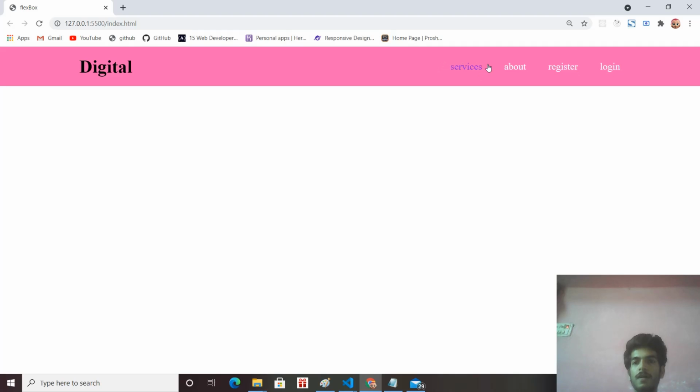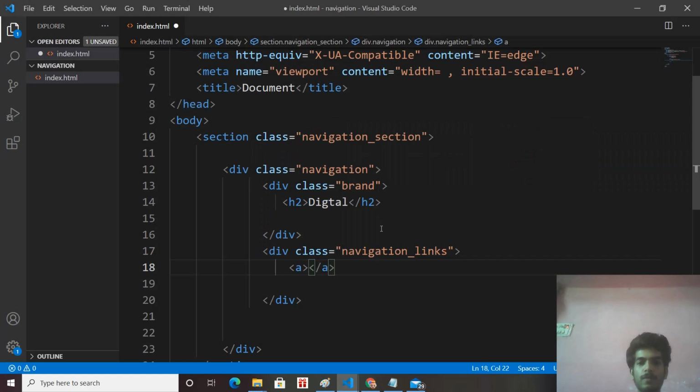And there is a hover effect. When I hover over these links, it changes its color. Initially it was white, but when I hover over, it changes its color to blue. So it is a very beautiful effect. We will make it with the help of CSS. Okay, so right now give names to the links: services.